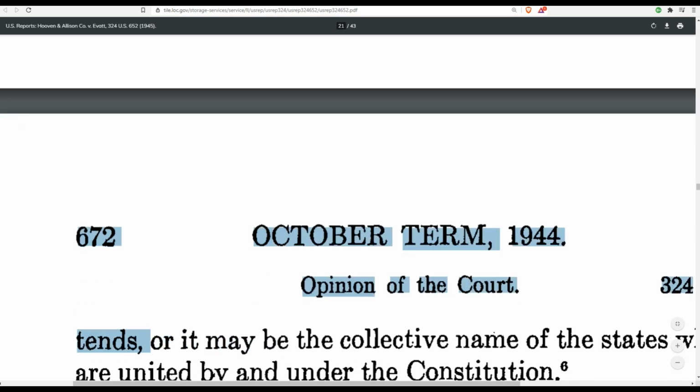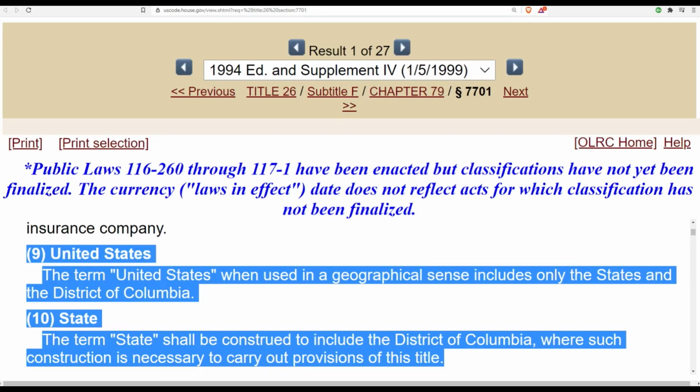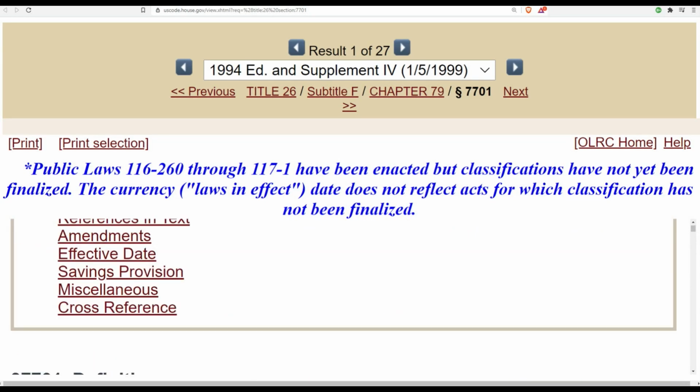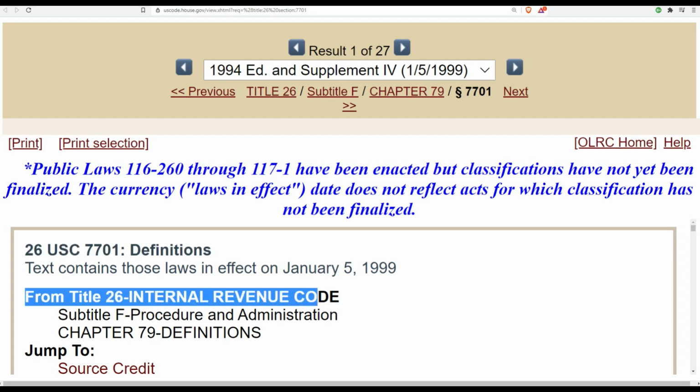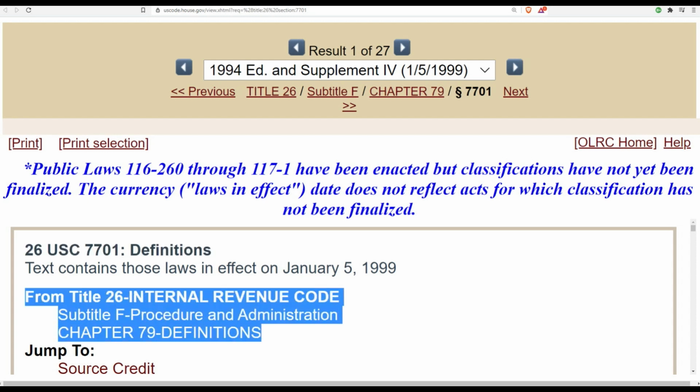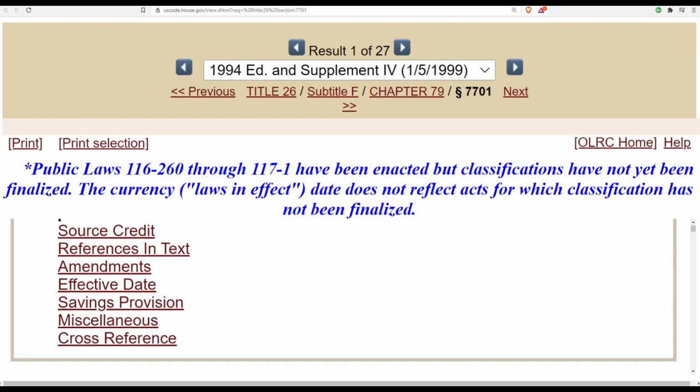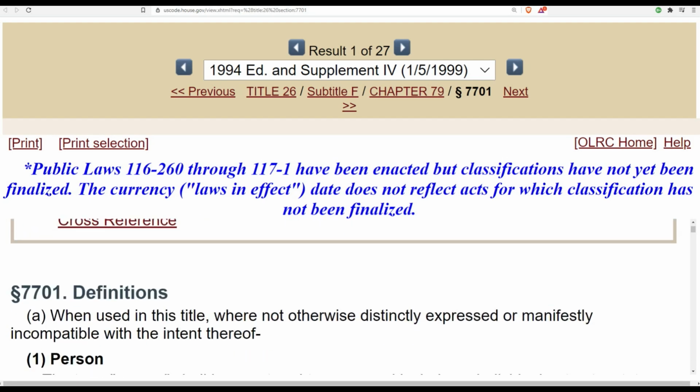Okay, so we're going to see that's exactly the case, because under the federal tax law, 26 U.S.C., Title 26, United States Code, Section 7701, definitions of the Internal Revenue Code, Chapter 79 definitions, they tell you right there that when used in this title, what title?